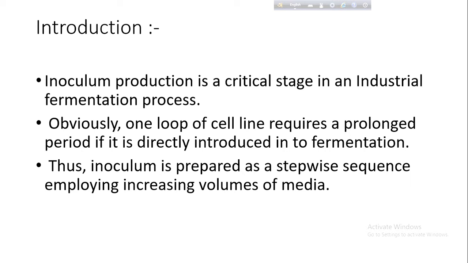Now you might have a question: why is this the critical stage? Because in any industrial procedure there are so many important or sophisticated steps, which we'll see later. However, this is the first step that should be done with utmost sincerity, because the microorganism we are preparing to carry out the whole reaction is the basic weapon, the main warrior for the whole process. So if any blunder occurs, either in choosing the microorganism or in giving them proper conditions to grow, this will ultimately cause great profit loss or a great reduction in our final product yield.